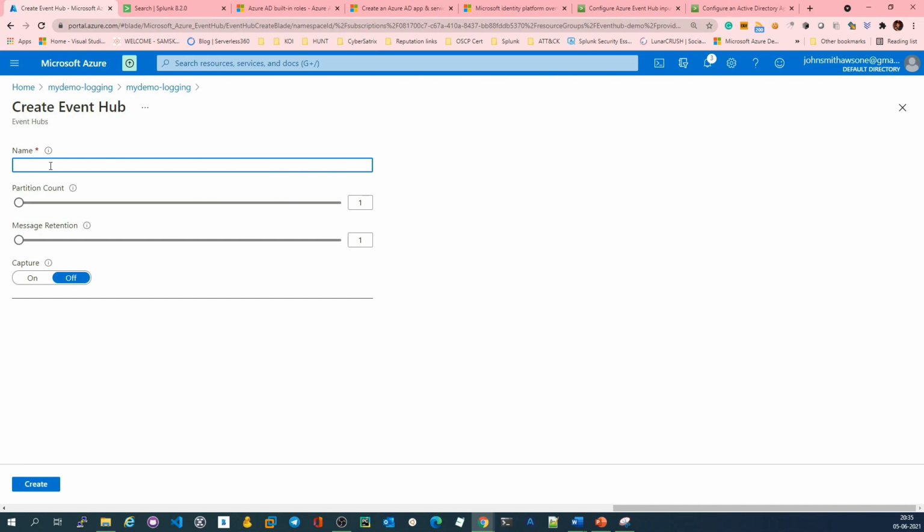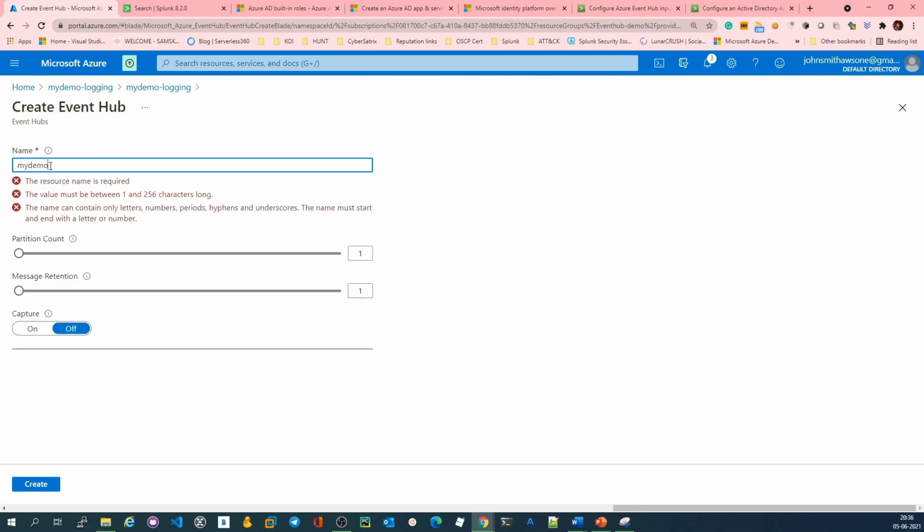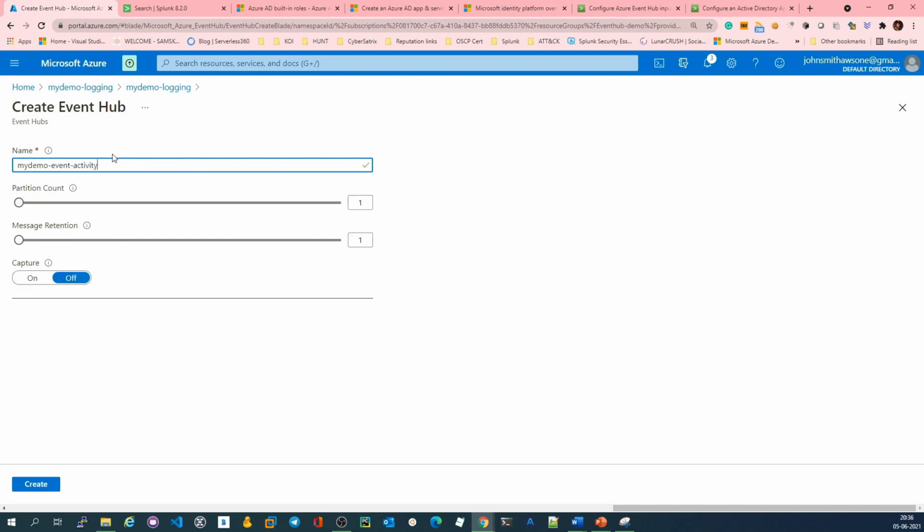Let me give the name as my demo event activity, and then you can have multiple partitions. The default is 4, and you can go from 1 to 32 partitions that you want to create. Let me keep the retention of 7 days, and then click on create.